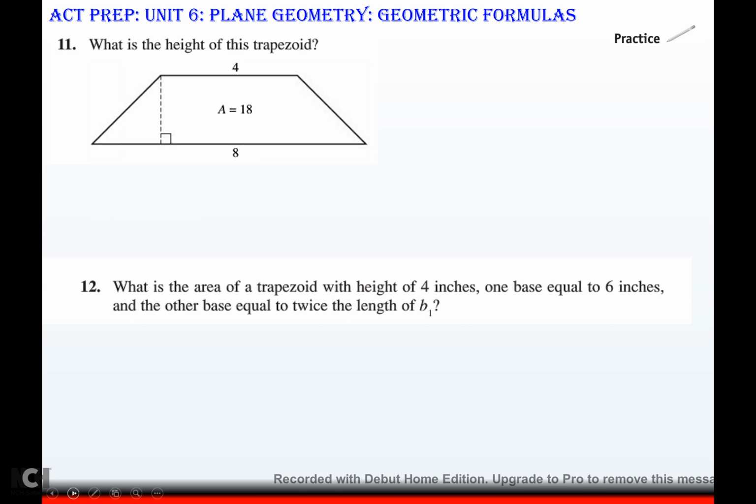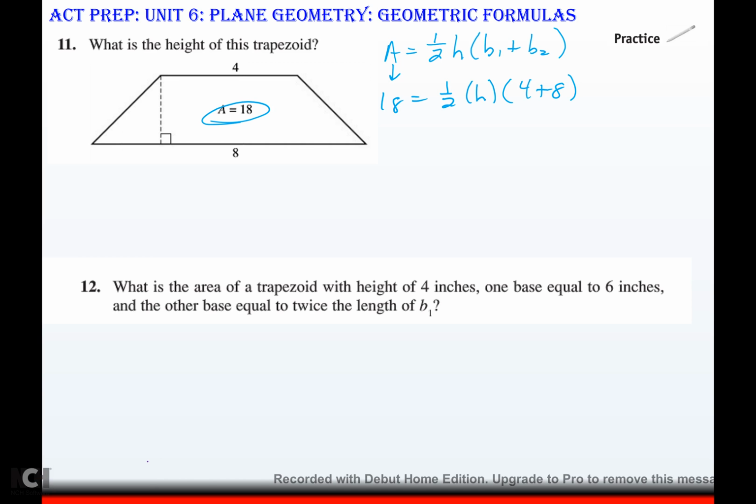Alright, 11, it says, what is the height of this trapezoid? Well, they're giving me area, so they want me to do something with the area formula. Area of a trapezoid is 1/2 times the height times the sum of the bases. So it gives me the area is 18. That's 1/2. I don't know h, but inside they want me to add 4 plus 8. So if I simplify this,